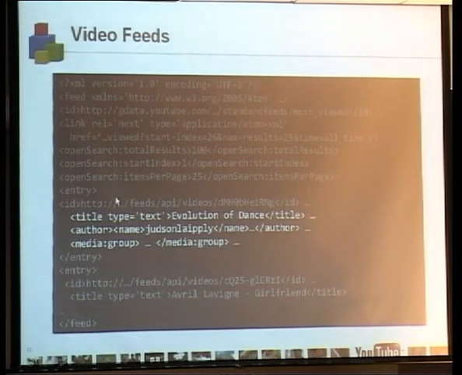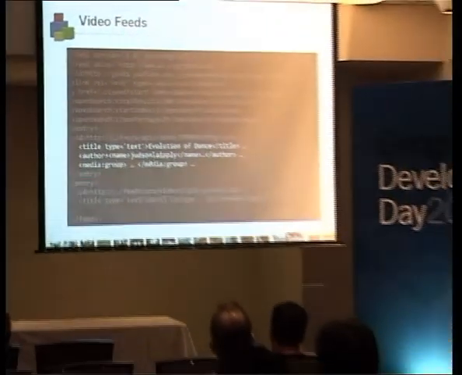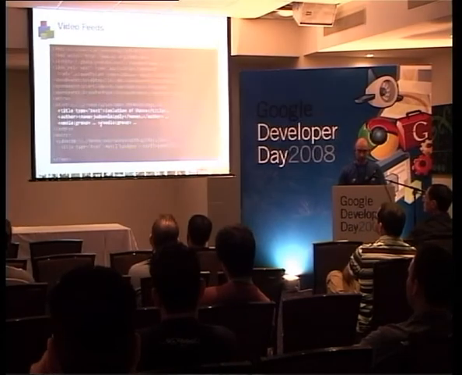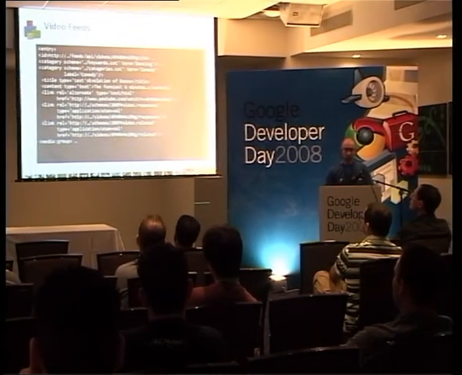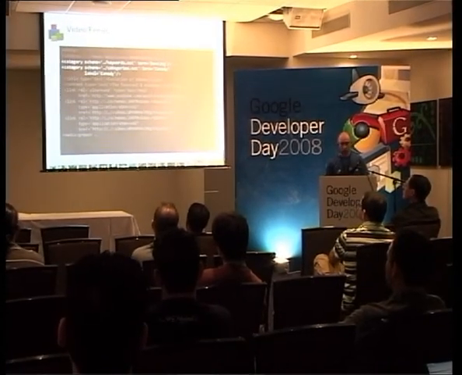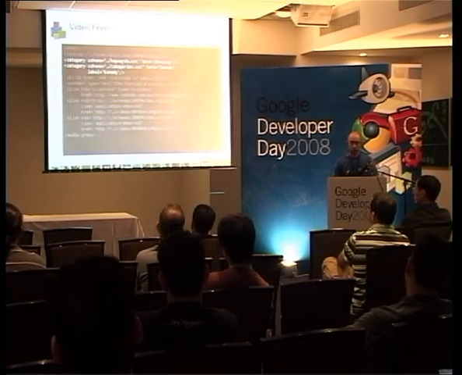And then we've got for each entry, so for each video, we're going to provide some information such as the title of the video, information on the author, and media group. We're going to see just in the next slides. So then for each entry, so for each video, we're going to provide some information. So we're going to provide the category, so the keywords or the categories related.